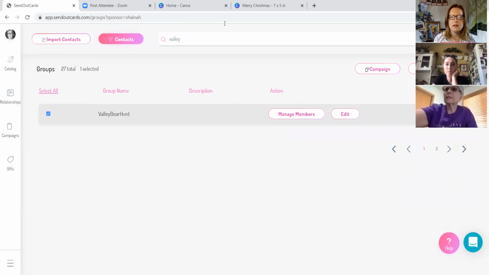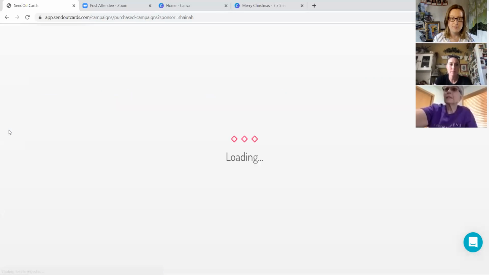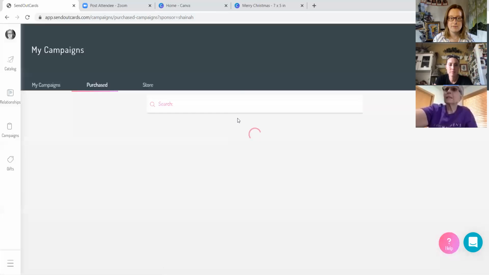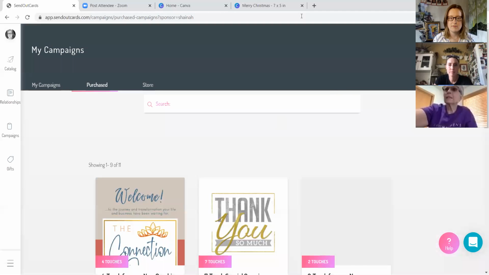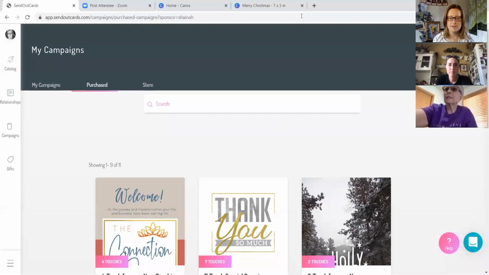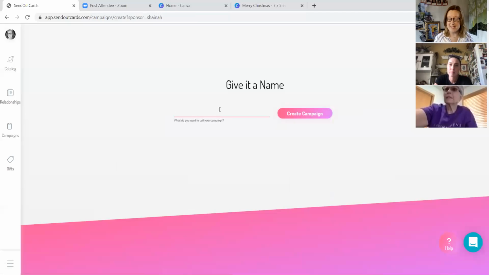All right, so then we have our campaigns button on the left. From here, you have your plus sign. We're going to create one from scratch because that's what you're going to be doing, right? So we have our plus sign. We're going to name this